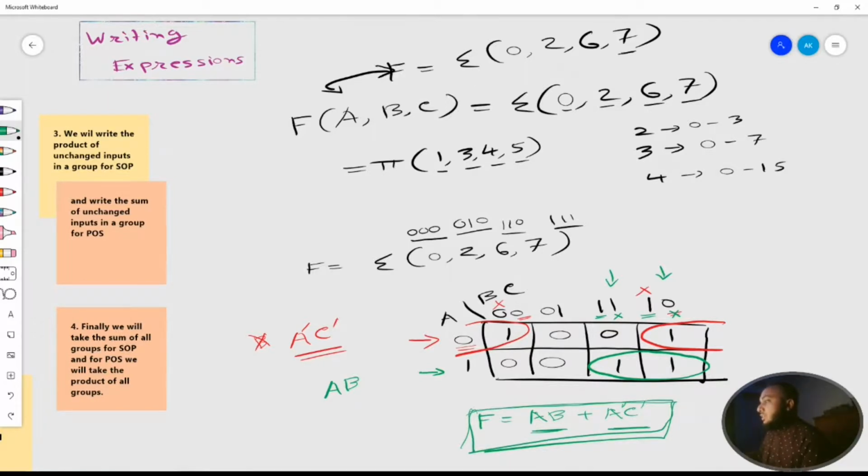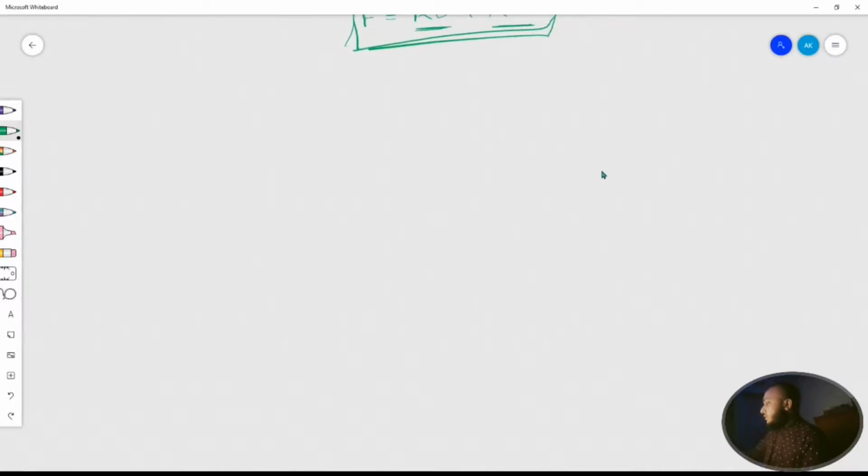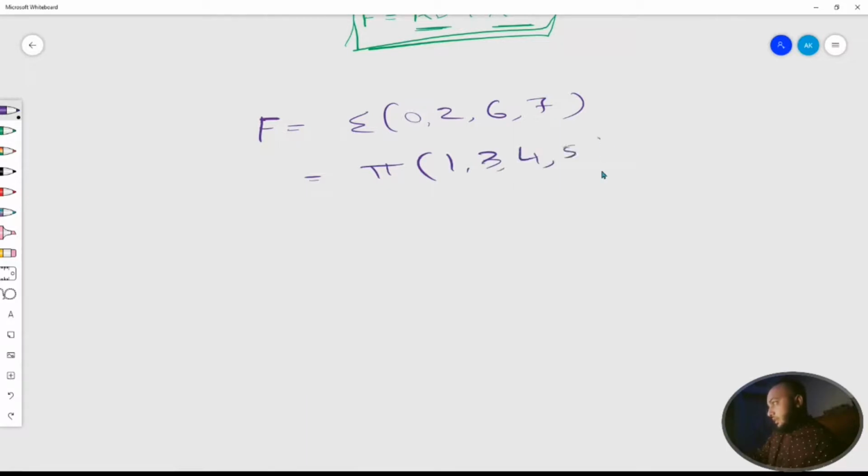Okay, now let's simplify the same function using POS. So we have our function like this: f equals sum of 0 to 6, 7. That means in product form, or in POS form, you can write 1, 3, 4, 5. Then we can easily draw the K-map table